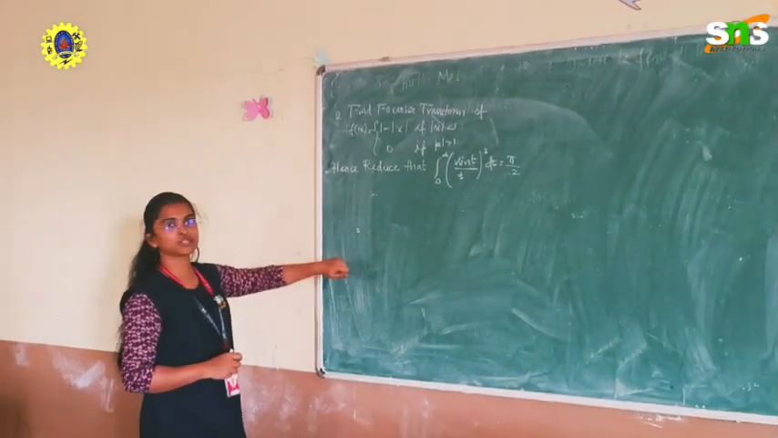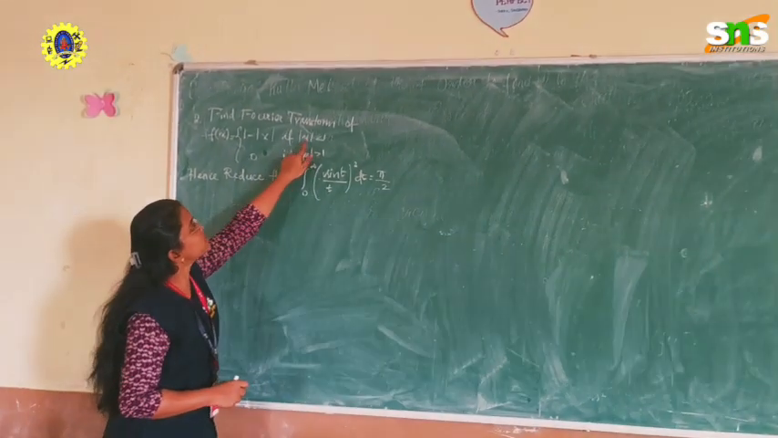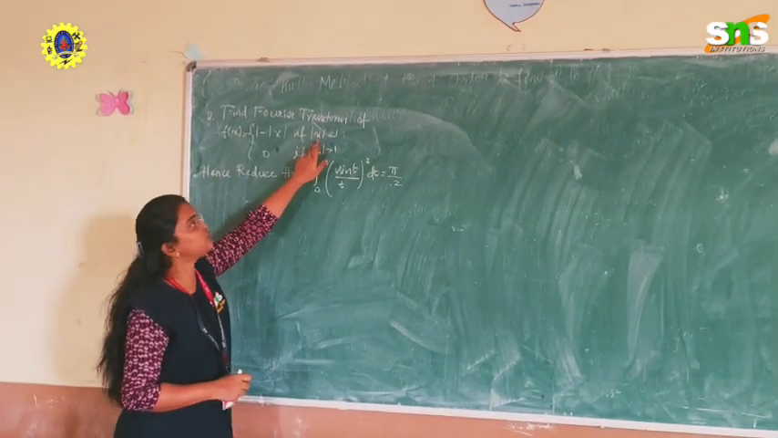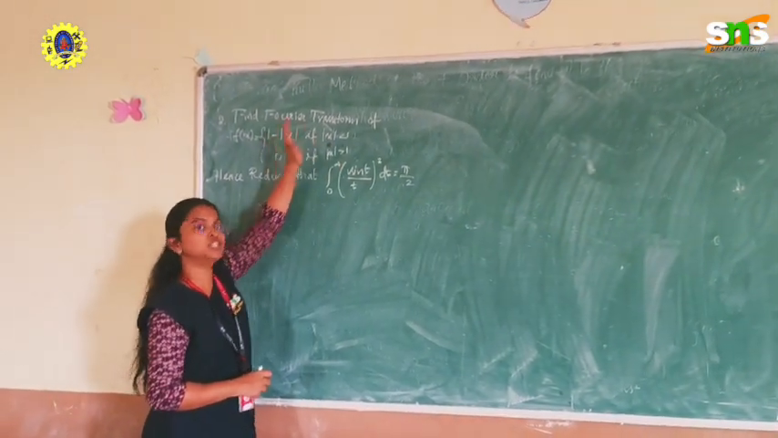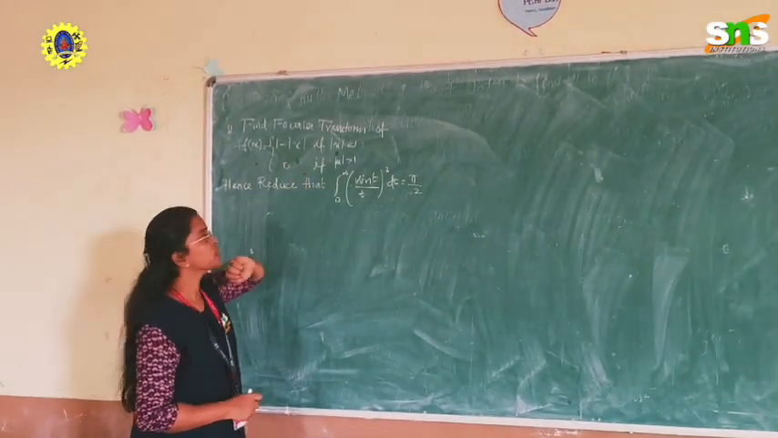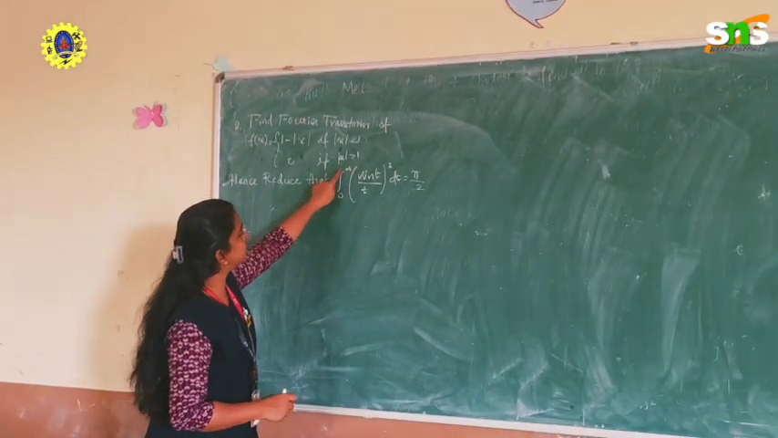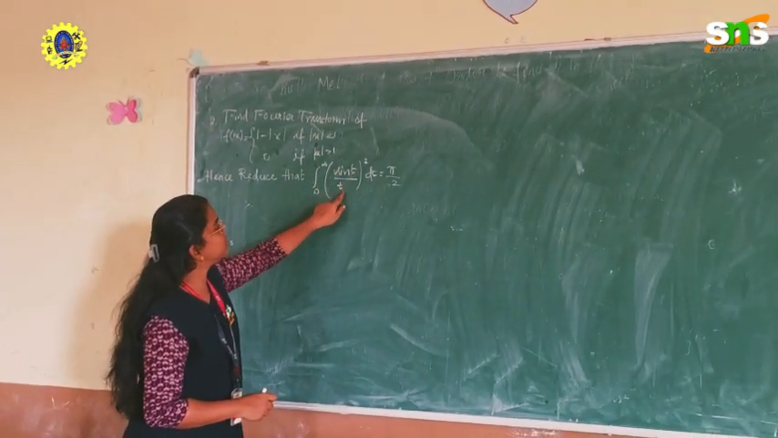We are going to find the Fourier transform for the function 1 minus modulus of x, where modulus of x is less than 1. So the limit of x varies from -1 to 1, and otherwise the f of x value is 0. Next, you have to reduce the integral 0 to infinity (sin t divided by t) the whole square dt